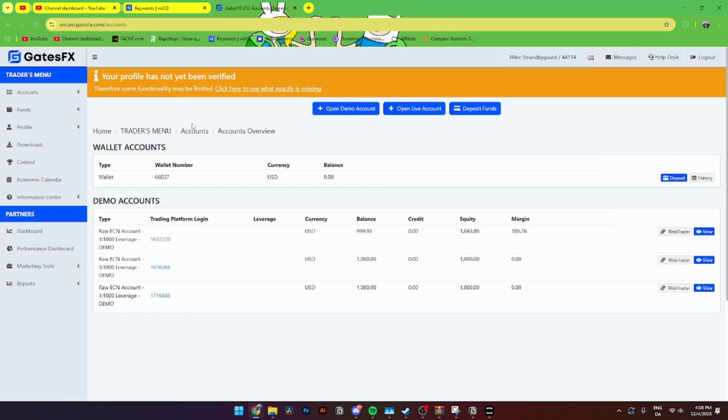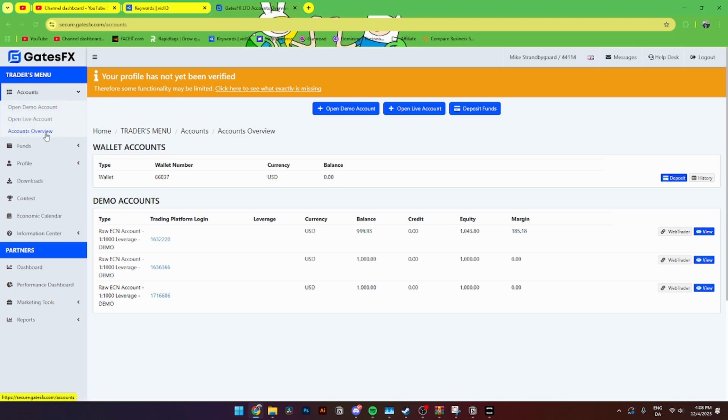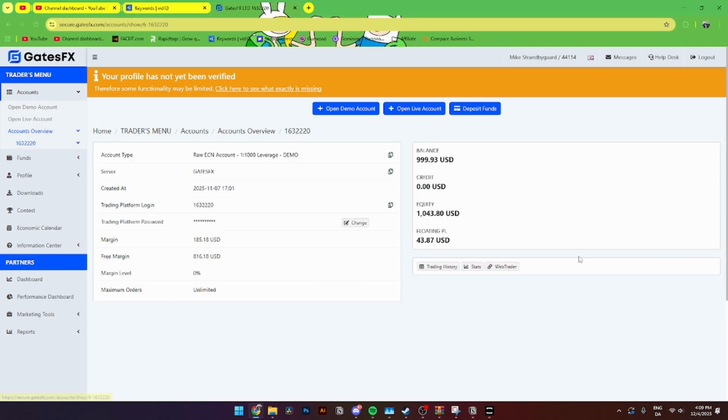From here, you'll need to sign in to your account, and here you'll need to go over to the account and then account overview. Once you see this, you'll need to find the specific account that you have chosen to support with TradeLocker. I know this is in fact this one or this one down here, and you'll click view, and then from here you'll get all of this information over here. As you can see here, you'll see the server that you will need to copy, and from here you'll need to go over to